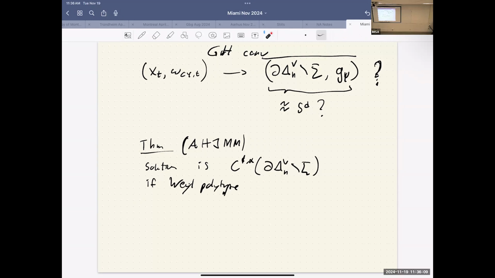Well, we know that it's smooth on the regular part at the base, but this also gives a uniform bound as you approach the singularities. So with that, you could hope to control what the closure here really is, but you actually need something stronger than this. So this is enough in the two-dimensional case. If the base is two-dimensional, then the closure of this is actually the sphere. But to prove this in general, you would need some kind of C^{2,α} bound, at least tangentially, as you approach the singularities and look tangentially to the singularities. I think that would be possible to get, and if you have that, then